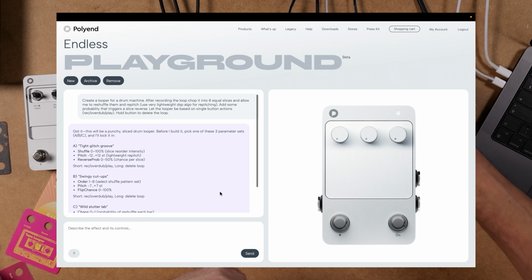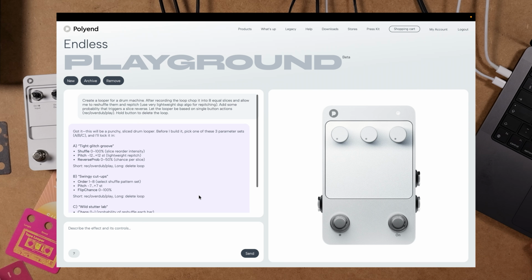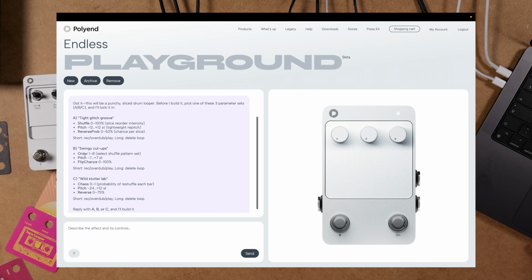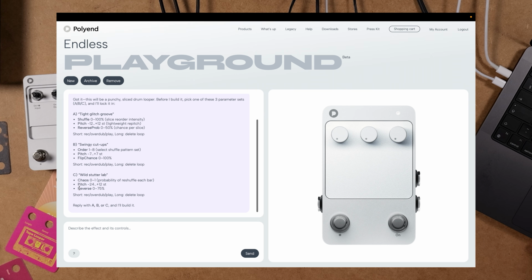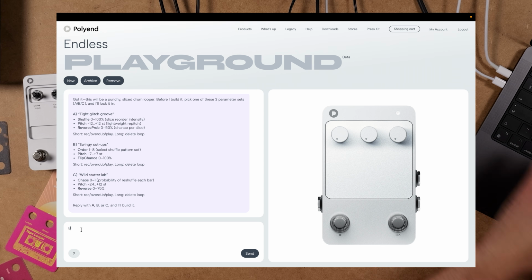Because we didn't give it any specific values, it's giving us three choices for what we'd like. Tight glitch groove: shuffle, pitch, and reverse probability. Then order, pitch, flip chance. And then the chaos, pitch, reverse. I like swingy cut-ups. Let's go option B.